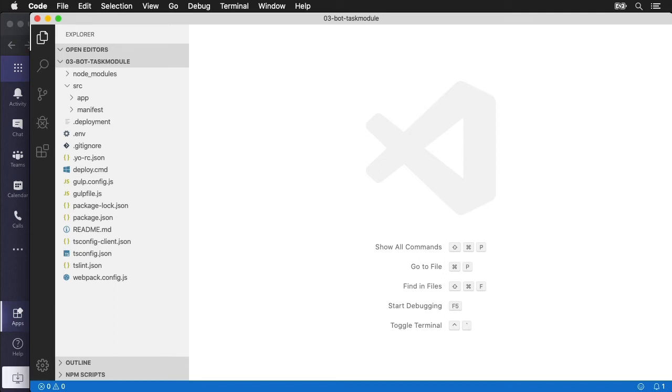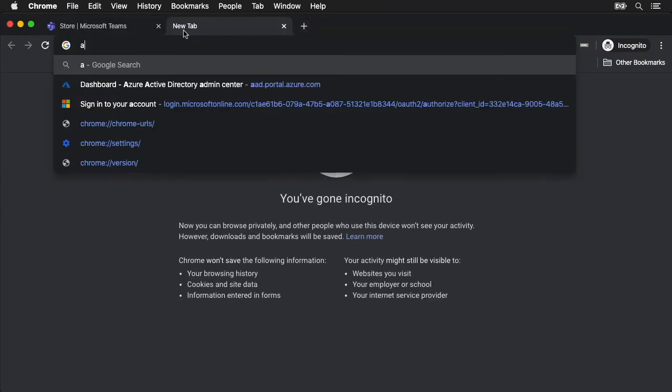Now, before we go too far with this, the first step we have to do is to create a bot and add it to our existing Microsoft Teams app. And then we're going to extend the bot to support existing task modules to display a video and to change the selected video. So the first step is to create a bot. Now, I'm going to come over here to the browser and I'm going to log in to my Azure portal. So go to